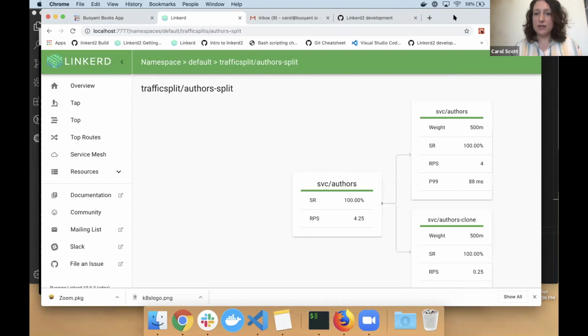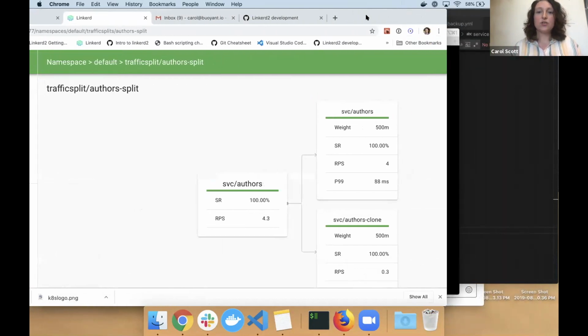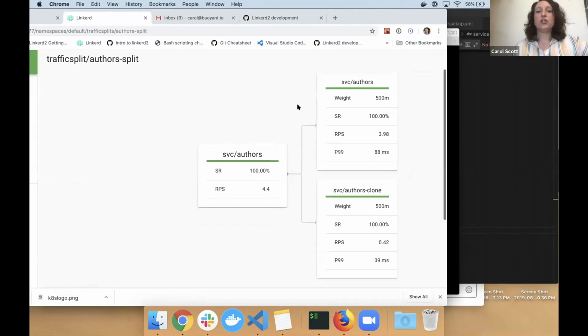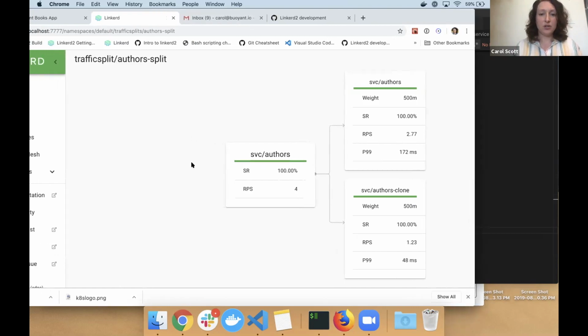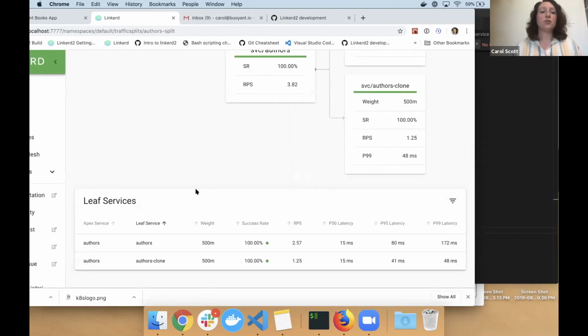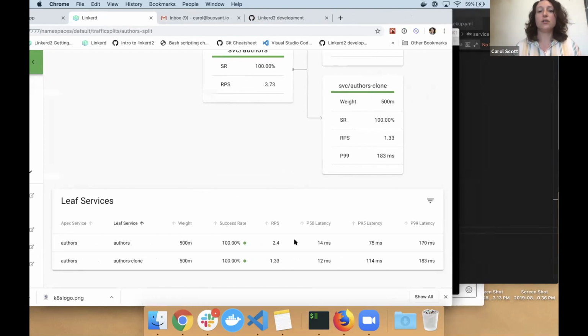I'm gonna click on this, and what you see in this traffic split page is the Apex service, and then you have your two leaf services. And we're seeing the weight up here, the success rate, the RPS, and the P99. And here you have the accumulated success rate and the RPS. And then if you look down here, you also see the details of each leaf service, including the